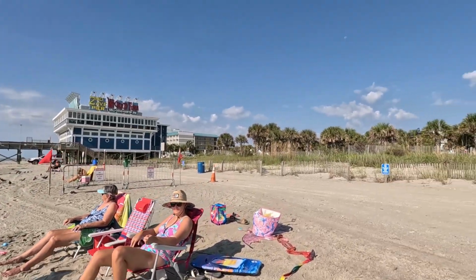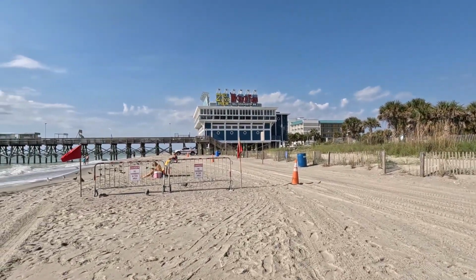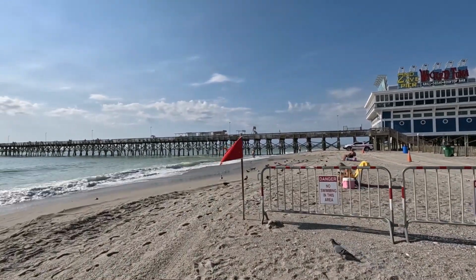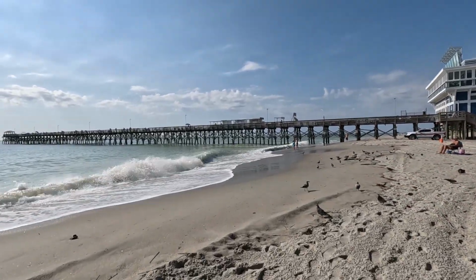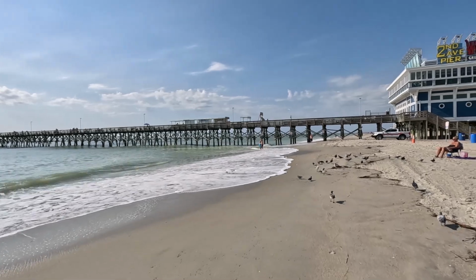We're going to go around this. I see a lot of sand flying, so we're going to take a little detour around this. But anyway, that will give you a discount at the participating restaurants on non-alcoholic drinks and food. So that's pretty neat. Barefoot Landing is a big entertainment, dining, and shopping destination that's just over the border in